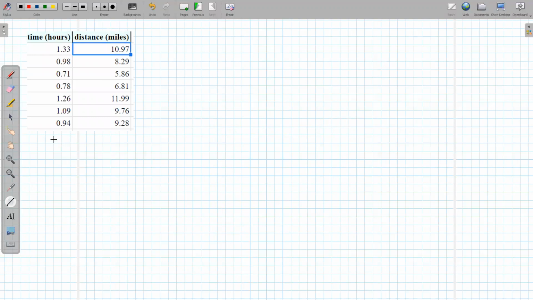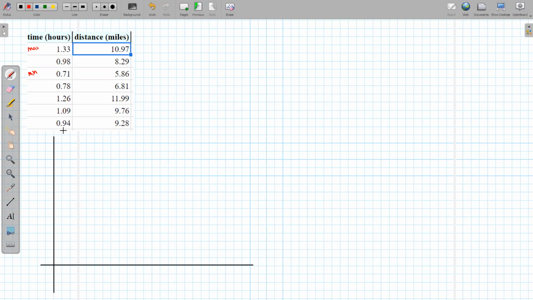So I need a y-axis, let's put that over here, and I need an x-axis, and I get to decide how I'm going to scale my axes to plot these points. It doesn't always make sense to do something like go 0 to 10 because your numbers don't reflect that. So some things to note about this table up here, the smallest number I see is the 0.71, so that would be the minimum number in the times, and the largest time is what? I think it's the 1 hour and a third. Okay, so that's the max for the times. So when I'm scaling my x-axis here, I've got to get myself from 0.7-ish all the way up to 1.33.